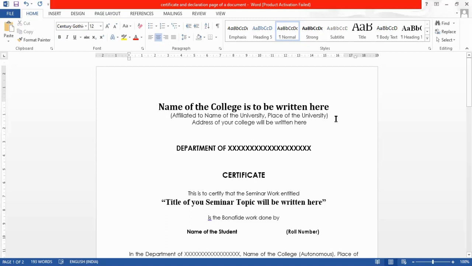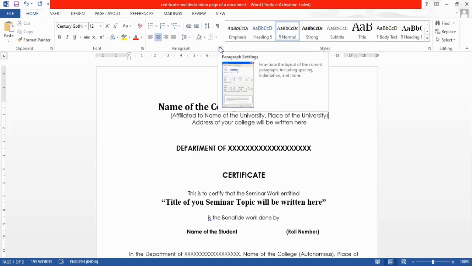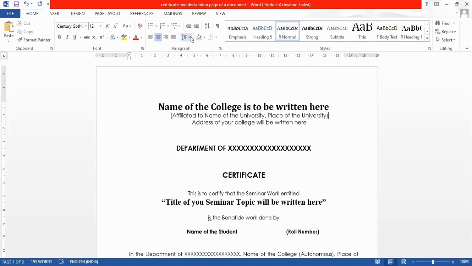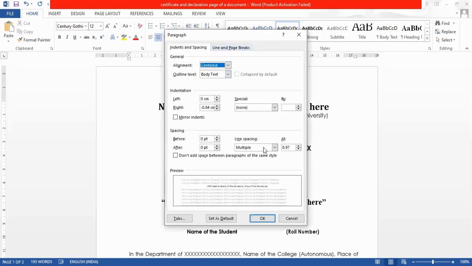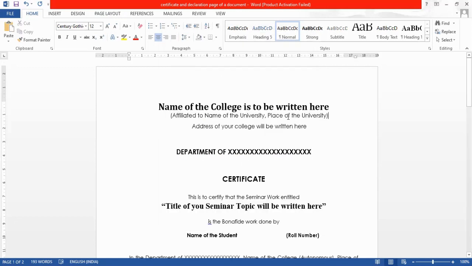So I'm going to remove the new line and I need to provide line space after this line. So I have to select the second line. Then I'm going to click on the paragraph settings in the Home menu, where we have line and paragraph spacing. Either by clicking here and choosing line space options, or by clicking on the paragraph button and choosing the line space options, both are the same. When I click here, it shows the line space option with multiple. Now when I specify 1.5 lines and click on OK, 1.5 line spacing will be applied. So there is no new line between these two, but line spacing is applied.